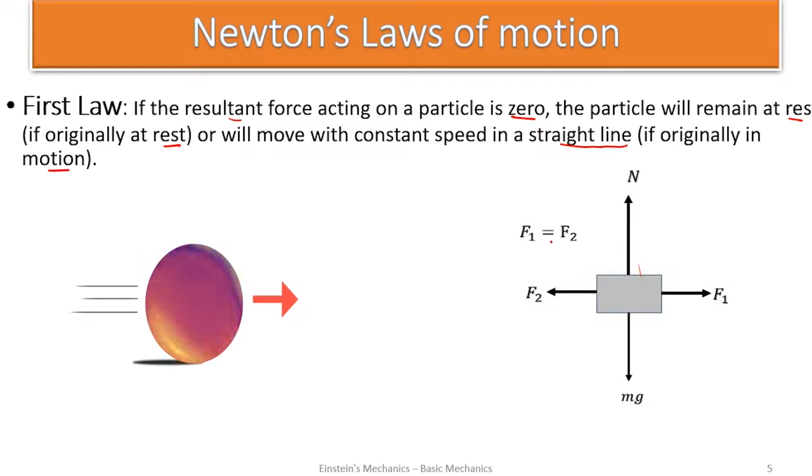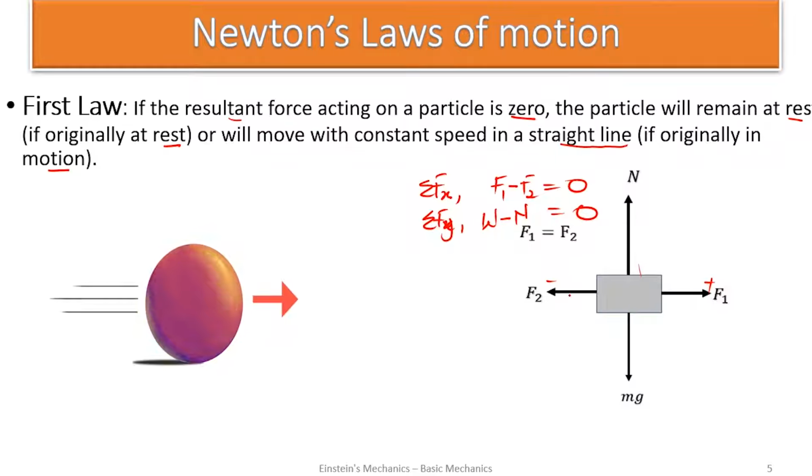Let's look at it. F1 and F2 are equal. So if you want to sum them, taking this direction to be positive, it is going to be F1 minus F2. Since they are equal, I'm going to get zero. This is the summation of forces on the X. Looking at the summation of forces on the Y, the vertical aspect, I'm also going to have mg, which is the weight of the block, and the normal reaction. Since they are equal, I'm going to have the weight minus N also being